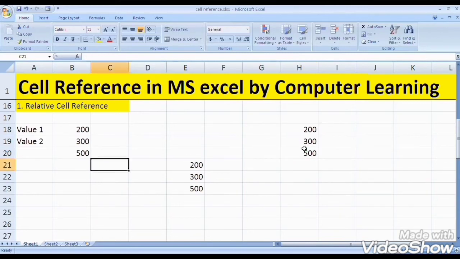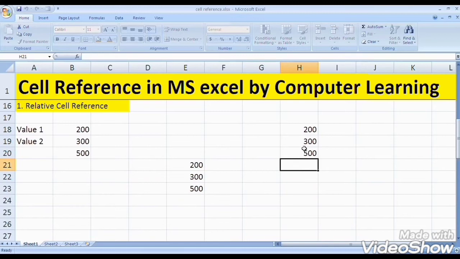Means when I copy the formula, that time the cell reference changes automatically, that is called relative cell reference. Understood? Student, see properly, that is the information about relative cell reference.